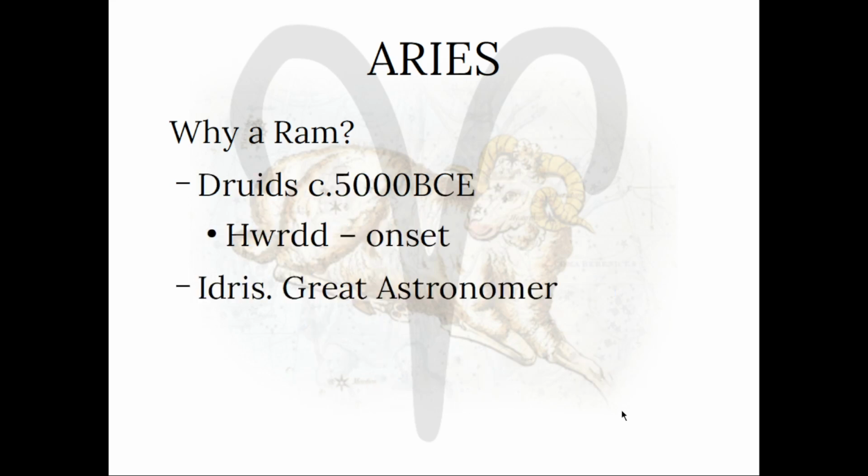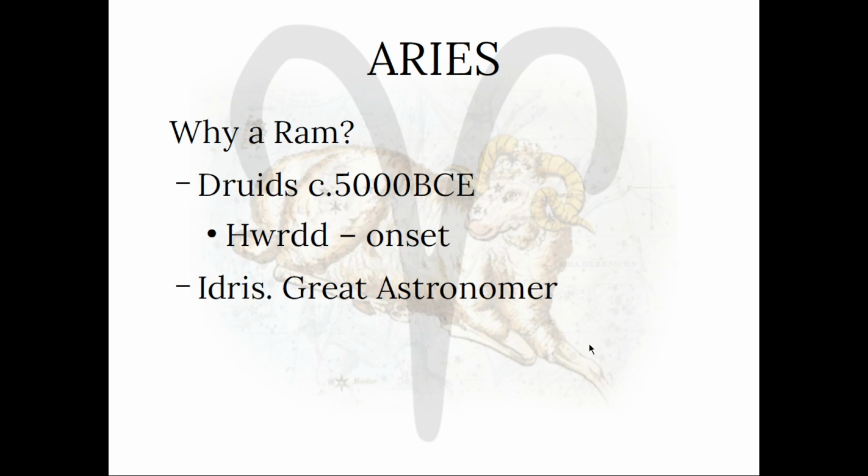We can ask the Druids. We can go back further in time. We already know that Hwrth is Welsh or ancient British and means an onset. This is closer to the language the Druids might have been speaking 5,000 before current era. And we are told that Idris is the great astronomer, and he came to map out the constellations atop the sacred mountain Cader Idris